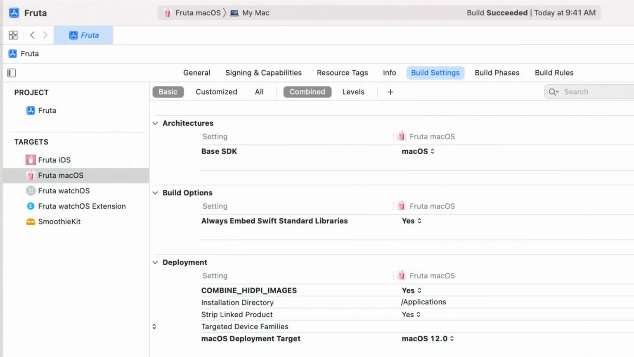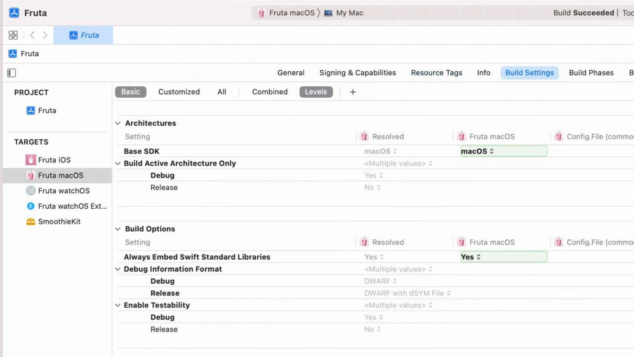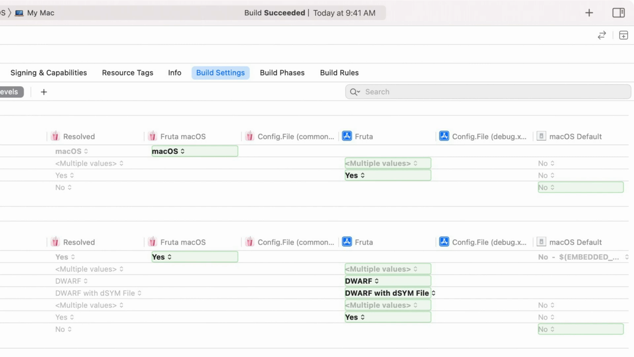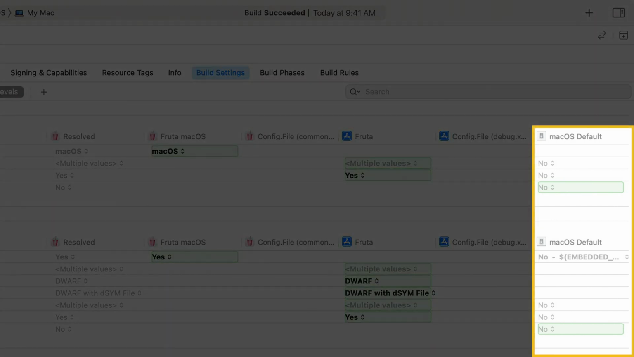Build settings are defined at multiple levels. You can think of this as a stack of definitions. In fact, these levels can be visualized by clicking on the Levels filter. Each column represents a different level a build setting can be defined in, and they are evaluated from the right to the left. Starting from the lowest level, there is the default value, which is defined by the currently selected